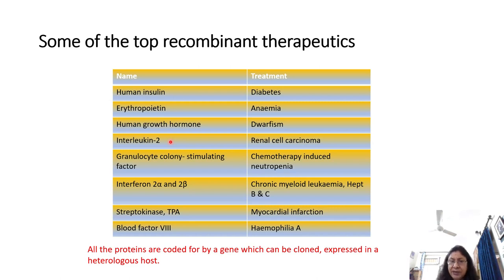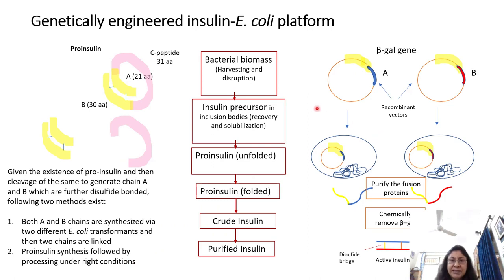Okay, and that is why application of recombinant DNA techniques is possible here, because what is involved is that you need to just clone the gene which is coding for this particular therapeutic protein into a system. Then that bacterial or yeast system can be cultivated on a large scale. It can be cultivated in huge bioreactors, and at any given point of time you can make large quantities of this protein available. So now let's move to the next slide.